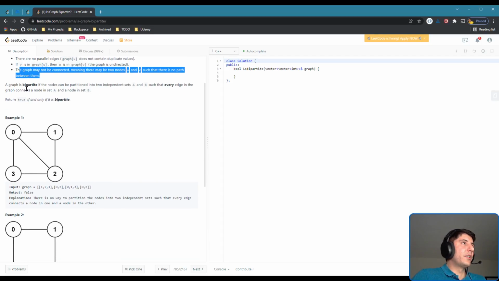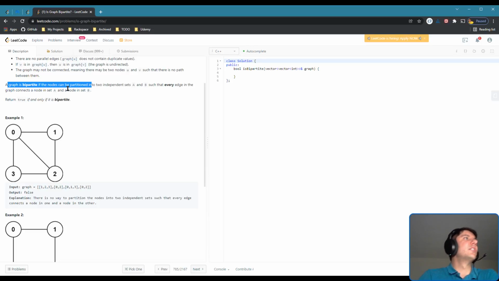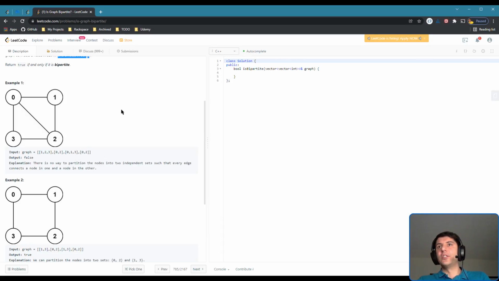And a graph is bipartite if the nodes can be partitioned into two independent sets A and B, such that every edge in the graph connects a node in set A and a node in set B. So just to make it more clear,